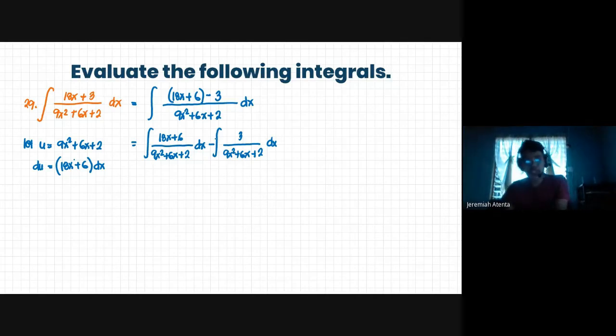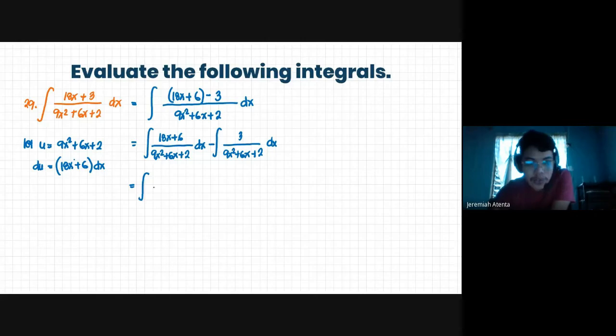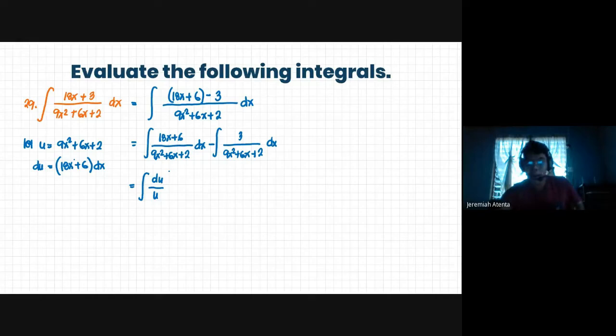Ayan. Okay? So there. Now, we let u be equal to 9x squared plus 6x plus 2. So this will become the integral of 1 over u ito. Right? And 18x plus 6 dx is just du. So this will become du here, du over u. Okay? Minus. Okay? Itong 3,